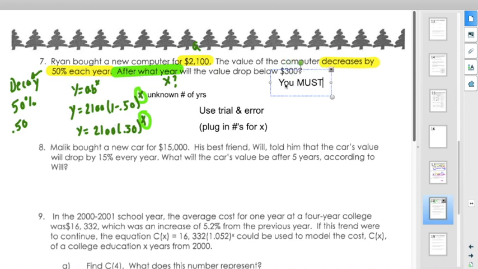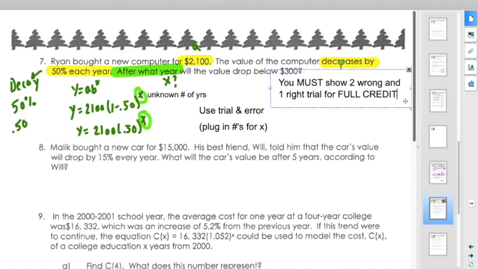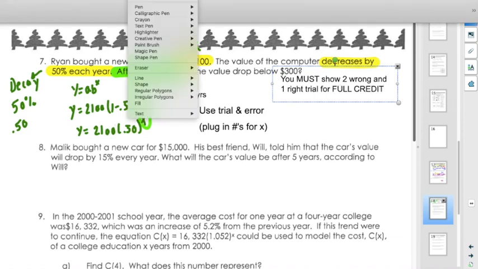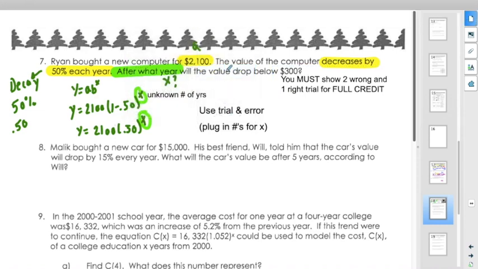You must show 2 wrong and 1 right trial for full credit every time you have a question like this. You must show 2 wrong and 1 right. So 3 total, so 3 different x values. One of them should be right. So let's take a look at what I mean. Let's try